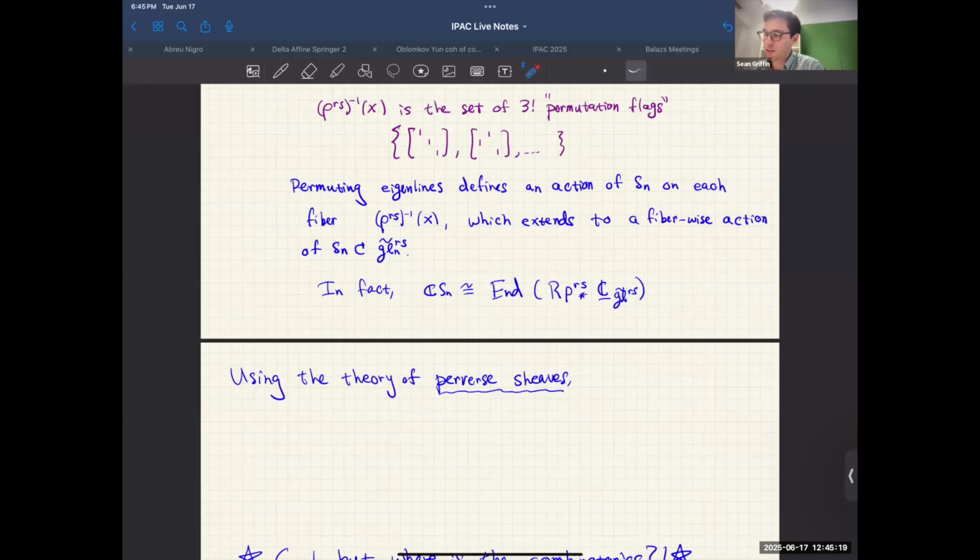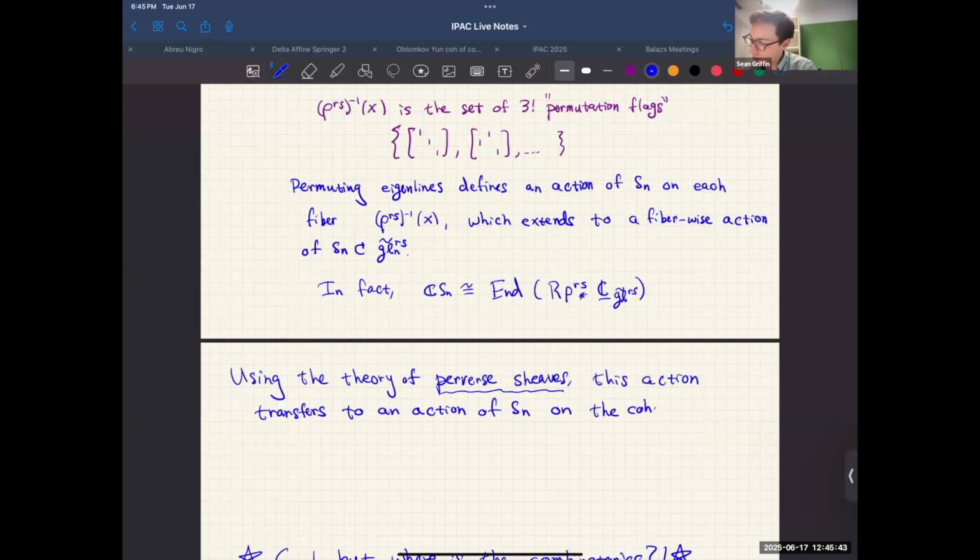But using the theory of perverse sheaves, this action transfers to an action of the symmetric group on the cohomology of each fiber